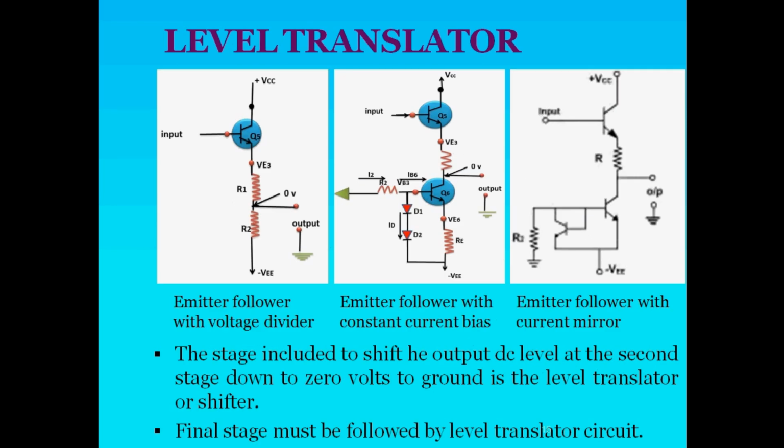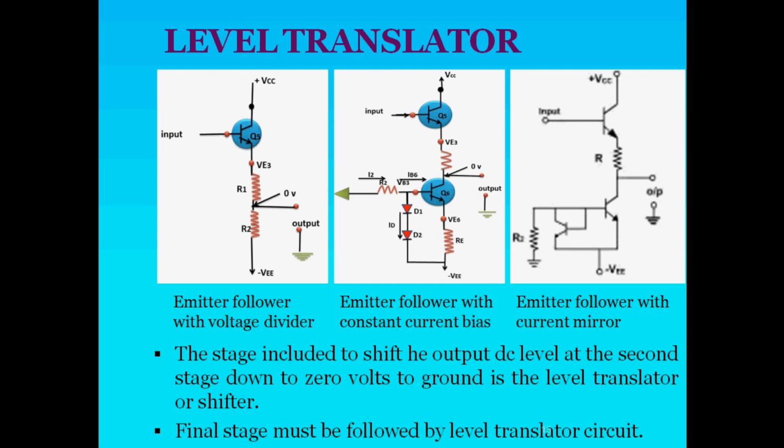Now we know that in an operational amplifier the first two stages are differential amplifier stages, which are directly coupled. Because of the direct coupling between the first and second stage of the operational amplifier, there is an increase in the DC level after the second stage of the op-amp. That is, the DC level is well above the ground potential and it may distort the operating points of the further stages of the operational amplifier.